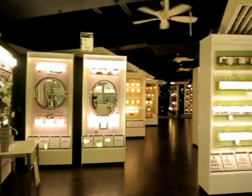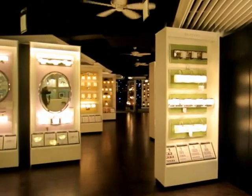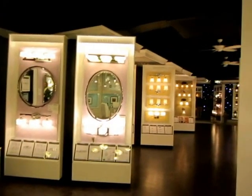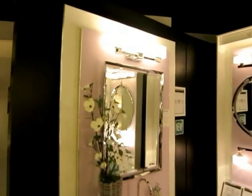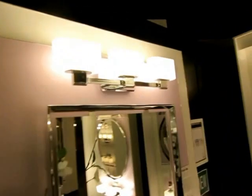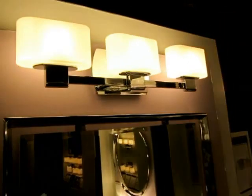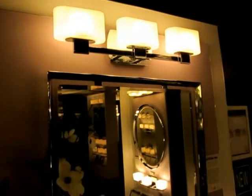Now we are moving into the bath area, where not only do we have some beautiful product to show, we have some new merchandising displays, which I'll explain to you just in a moment. But first, this is an Uptown 3-light bath piece, which has just some phenomenal detail on it. Nice heavy castings on the end of a rectangular tubing and a beautifully polished chrome finish,